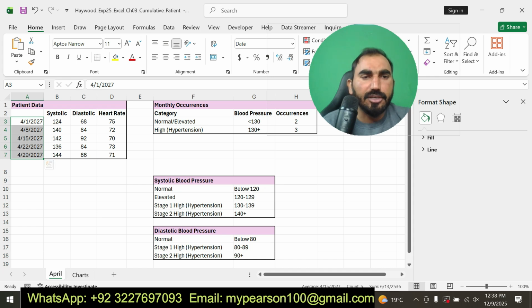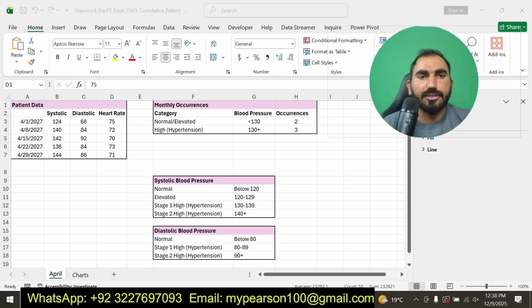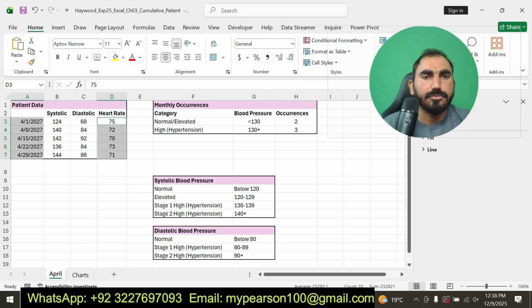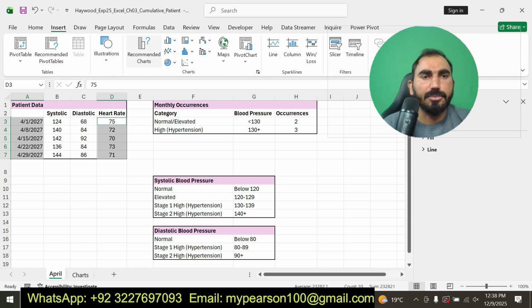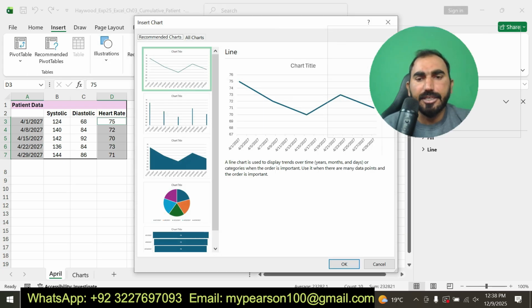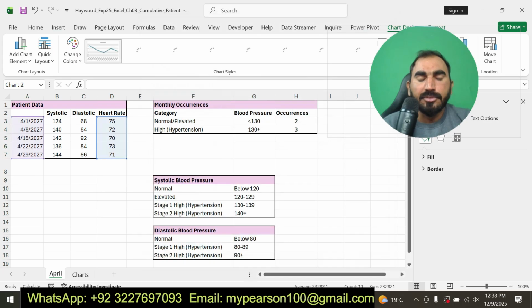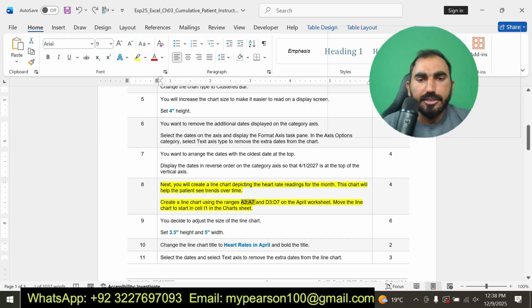Hold Control and then select the other range D3 to D7 and then insert a line chart. Insert in recommended charts and here is the line chart. Okay, I have inserted a line chart.